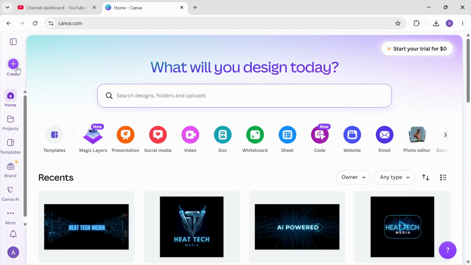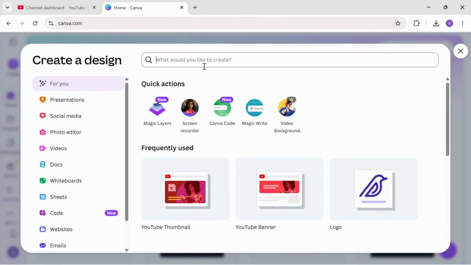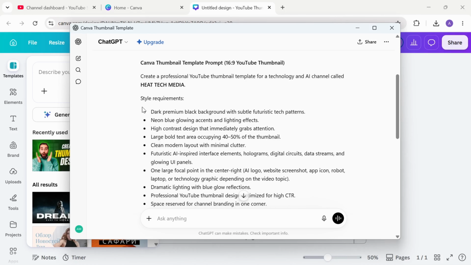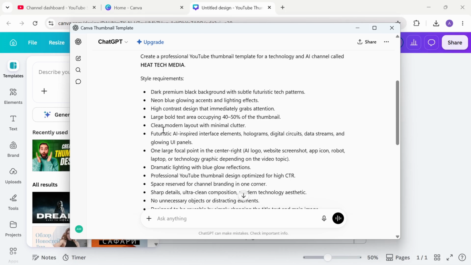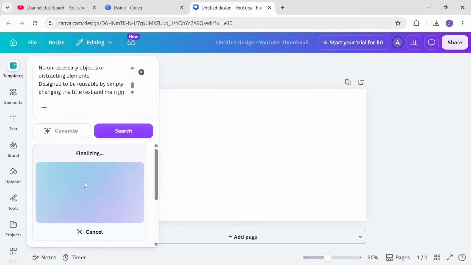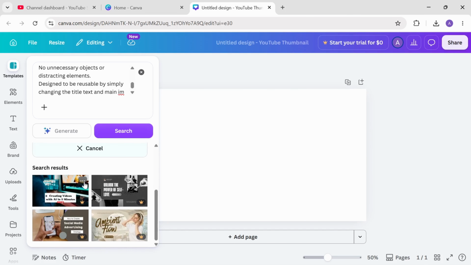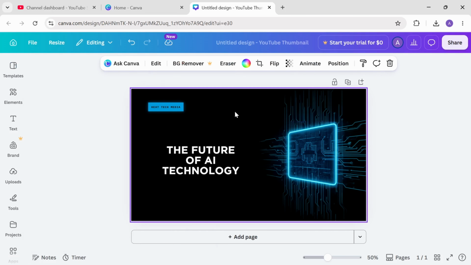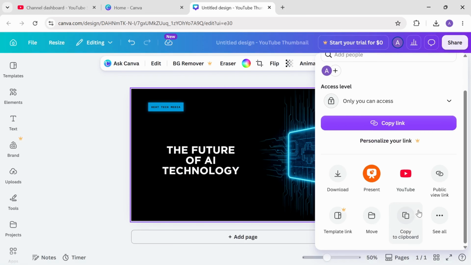How to do this? You have 2 ways: by going to Canva and creating a template there. You will open YouTube thumbnail and create from there, and of course ask ChatGPT to create for you a style of thumbnail. You describe what colors you want, what fonts, all these things we have explained before, and it will create a thumbnail for you. So in the future, you keep the same thumbnail style every time you create a new video.